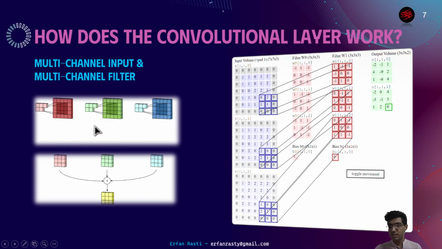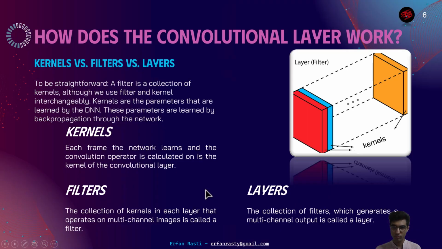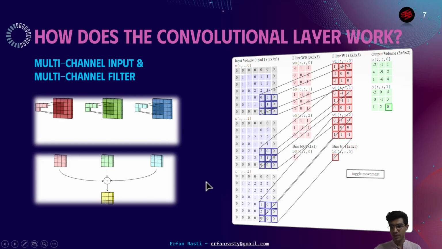Let's go back to this slide. We call each of these patterns a filter. These patterns construct the layer. If the input data has just one channel, the filter just contains one kernel. In different depths of the network, we face multi-channel data. Multi-channel data